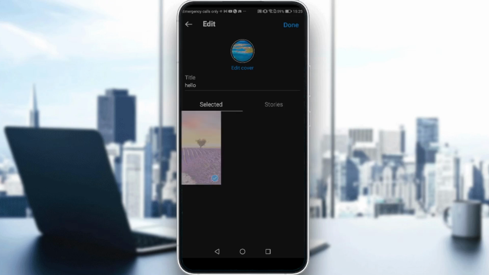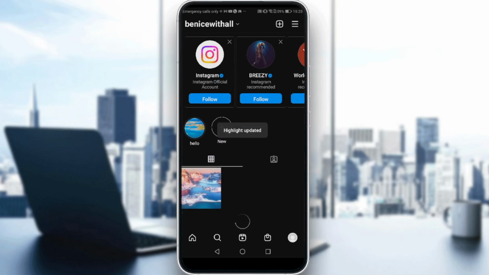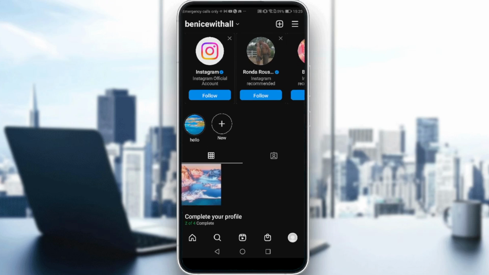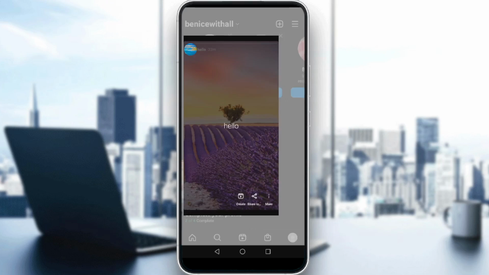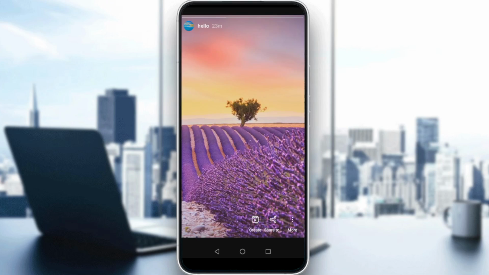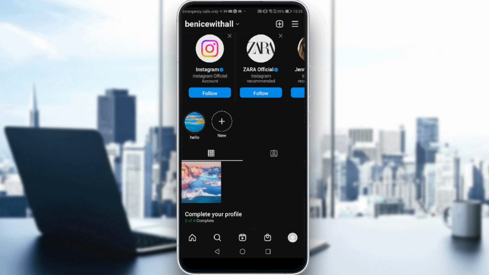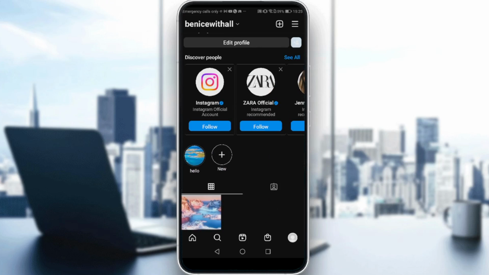So let's wait until it loads. As you can see here, we have a new cover on our highlight. If you enter the highlight, you will see another picture, but the logo is changed to what we want. So that is how you change the cover of your